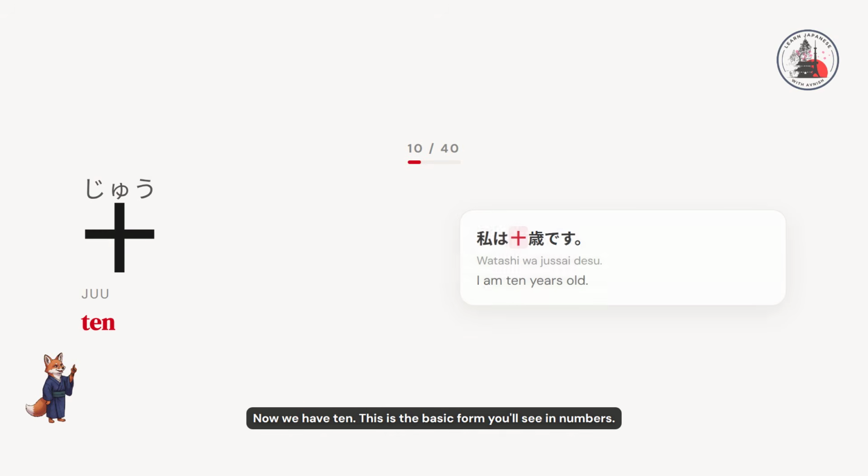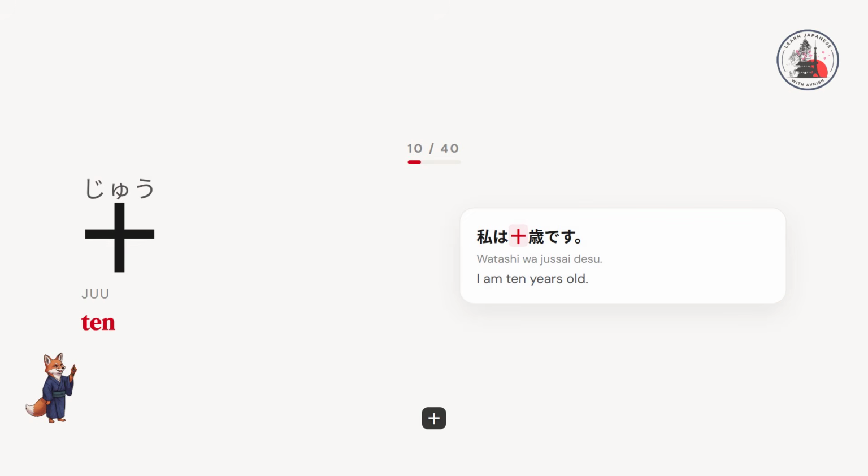Now we have 10. This is the basic form you'll see in numbers. 10、10。 Here's an example. 私は10歳です。